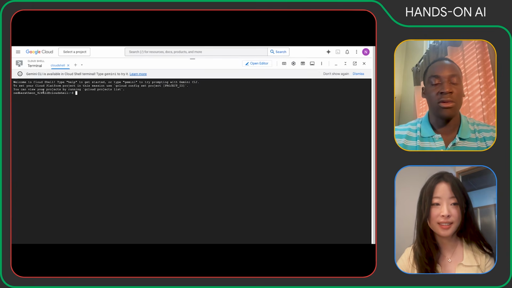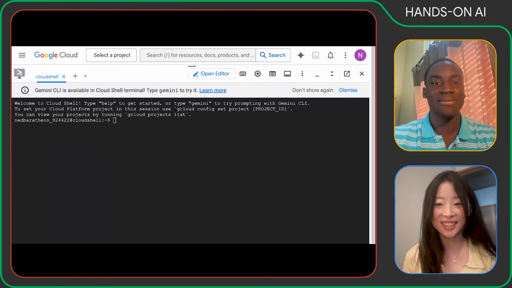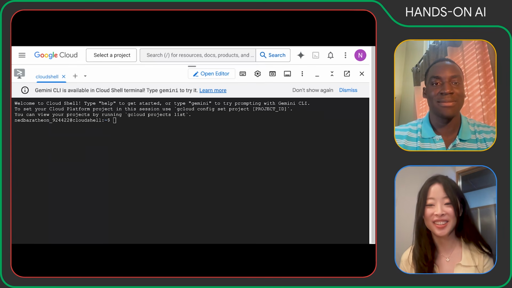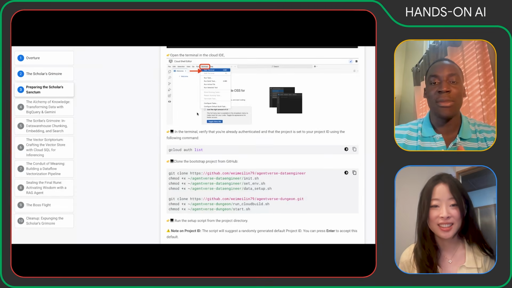I'm going to zoom in so you can see. Now that we brought up Cloud Shell, I'm just going to add, it's similar to VS Code on a cloud experience. Yes, yeah. Okay, so going back to the next step of the lab, what we want to first do is